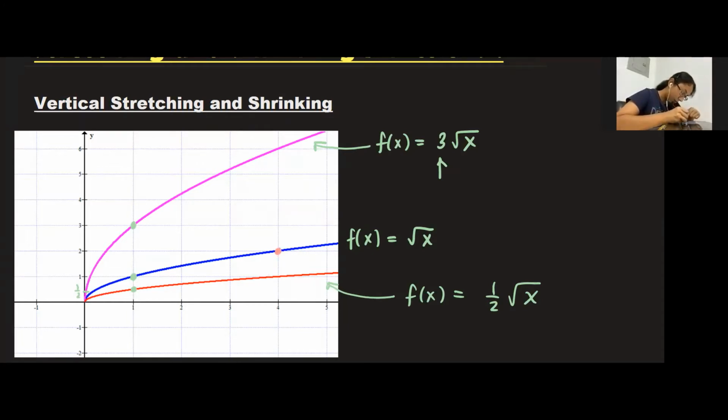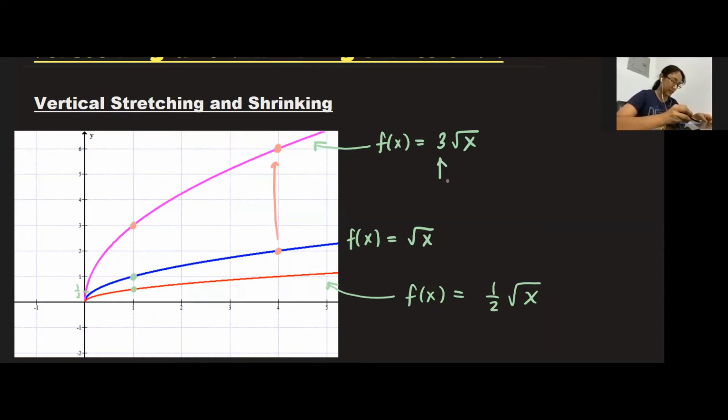So (4, 2) is on the graph of f of x equals square root of x. If I want to obtain the graph of 3 times square root of x, I'll be multiplying the y coordinates by 3. So 2 will get multiplied by 3, which will give us 6. So this point will now move up to (4, 6). And then if you connect these points (1, 3) and (4, 6), you'll obtain the graph of 3 times